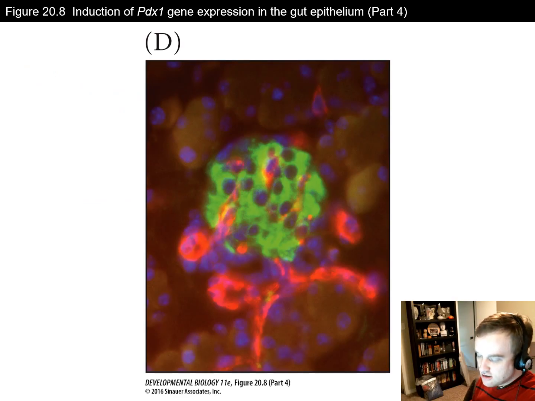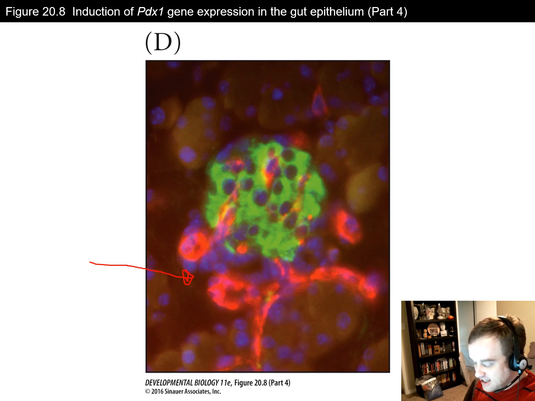So the pancreas isn't only there for secreting digestive enzymes, it's also got endocrine properties. These are generated by the islets, which are specialized cells within the pancreas that create insulin and things of that nature. The way that these islet cells differentiate is through interaction with blood vessels. And as you can see in this fluorescently stained image here,